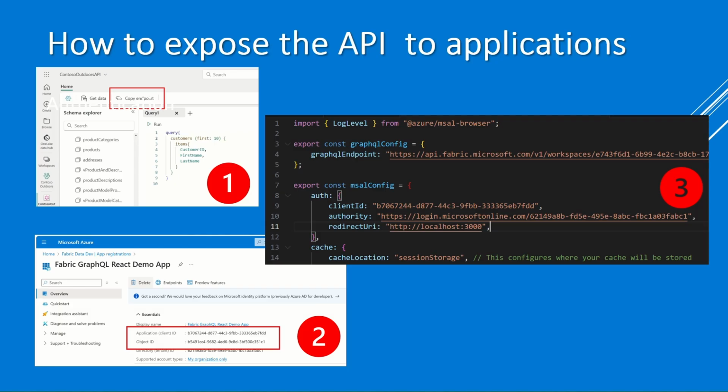You provide the endpoint, some specific information about the client ID, the authority where you're authenticating your Entra application, and the GraphQL endpoint, and you're good to go. So you can start querying and exposing your data to the application. It's very simple